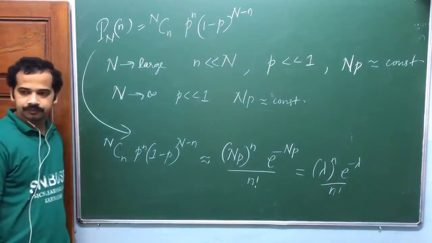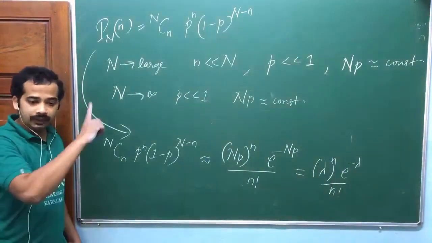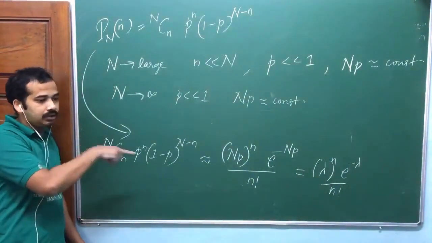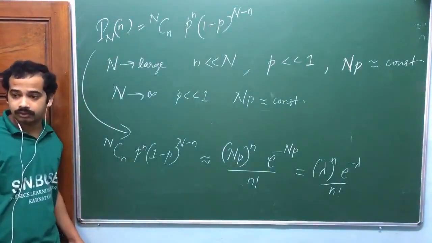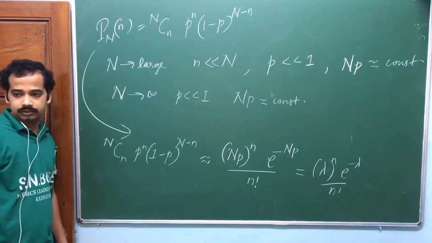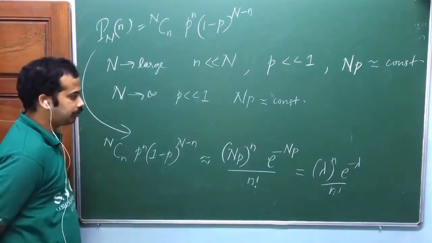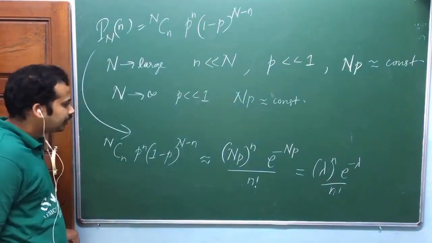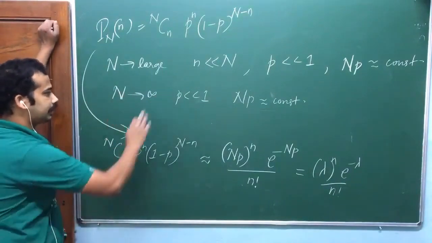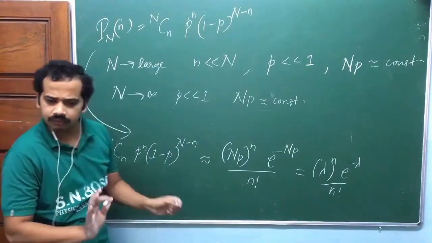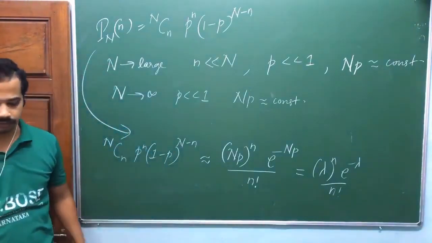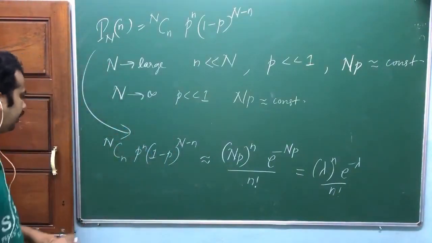So why did I define that? Because here I can't talk about a time interval, but the actual Poisson distribution can be derived for a time interval. So here we need to discuss it per time interval. You just have to remember this one. In this limit, the binomial distribution tends to the Poisson distribution. You don't have to derive that right now.